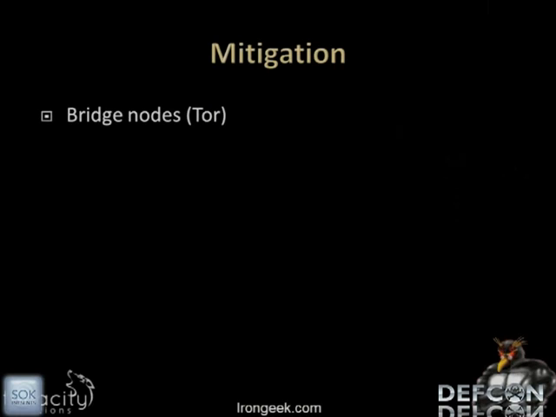Instead of having all the routers in Tor be announced via the directory servers, you can actually find out these bridge nodes in other ways. It could be something like email someone at the Tor project and they send you back a small list of bridge nodes. Or you could maybe meet someone at a conference and say, yeah, I run a bridge node in that particular country. Here, connect to this and I'll get you on the rest of the network. The core idea is not to have all your eggs in one basket where someone can easily block all access to Tor.